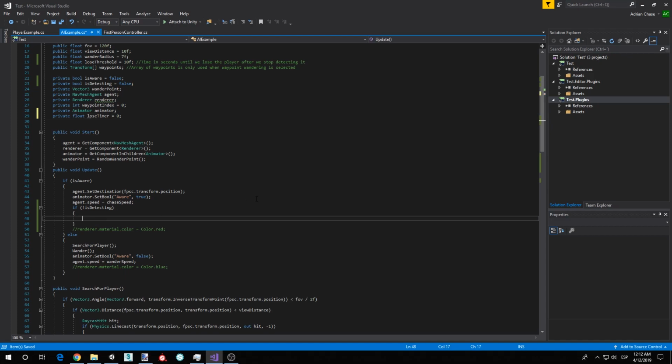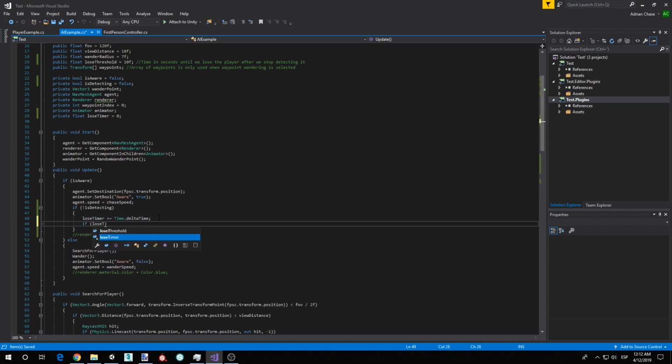If isDetecting equals false, loseTimer plus equals Time.deltaTime. We're starting our timer, counting our seconds. And if loseTimer is bigger than or equal to 10, or actually our loseThreshold,